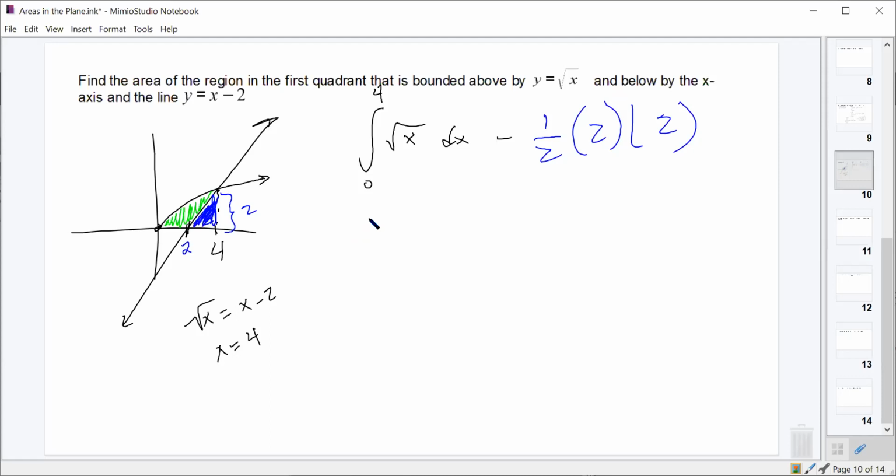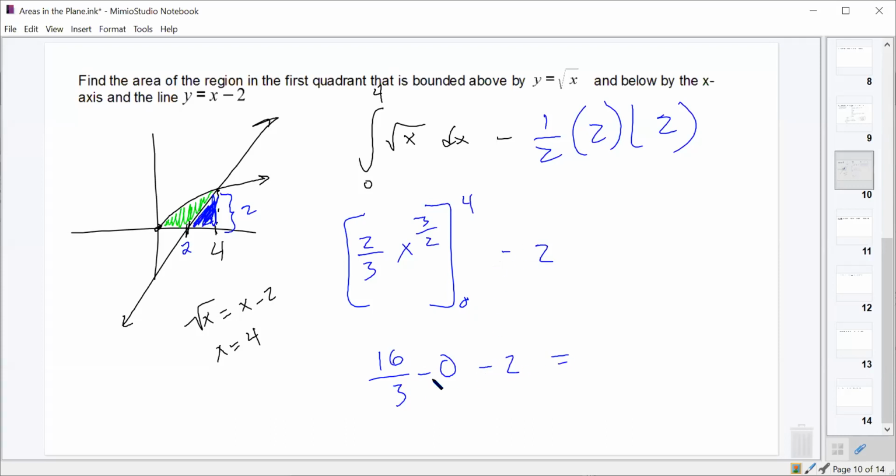Yes. All right. So root x, that's x to the 1/2. When we integrate that, that's 2/3 x to the 3/2 from 0 to 4. And then we'll subtract 2. If we're going to do 4 to the 3/2, that's the square root of 4, which is 2, cubed is 8, times the 2/3, which is 16/3, minus, when we plug in 0, minus 0, and then minus that